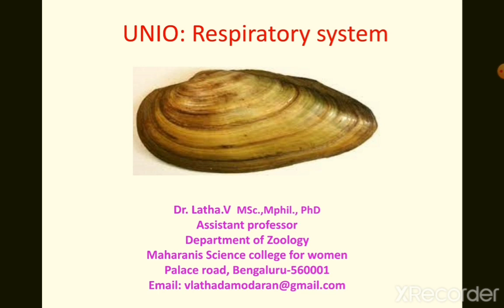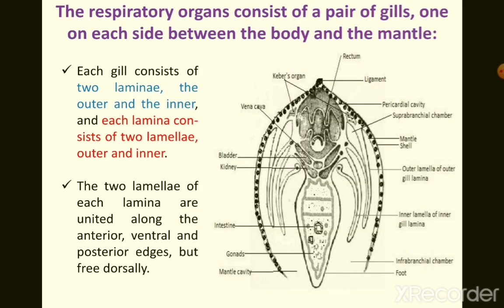In order to respire through the aquatic medium, it requires gills or the ctenidia, and it also has a structure called the mantle, which helps in the process of respiration. Since this mantle is richly supplied with blood vessels and is a highly vascular structure, that also helps in the process of respiration. Now let us try to understand the structure of these gills, where they are present, how they are attached, and how the process of respiration takes place.